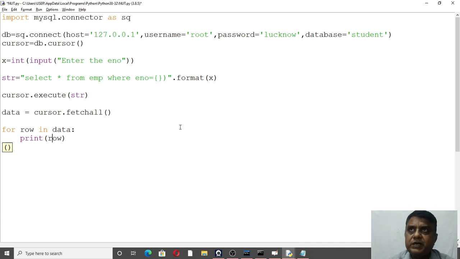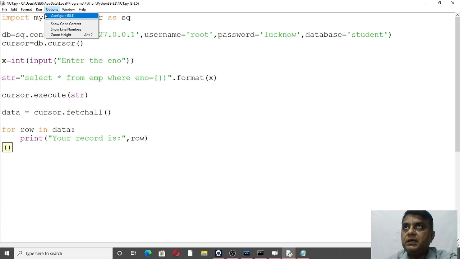You can give a message also, like your record is. This is the Python program by which you are going to fetch the record. Run this program.